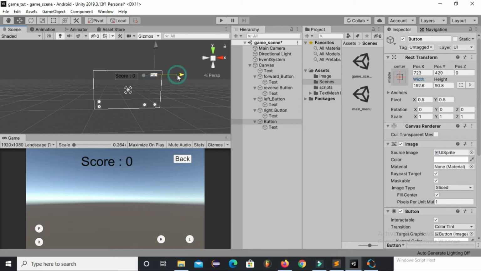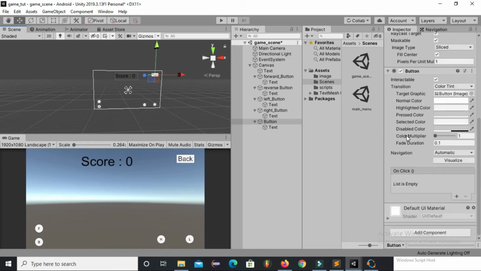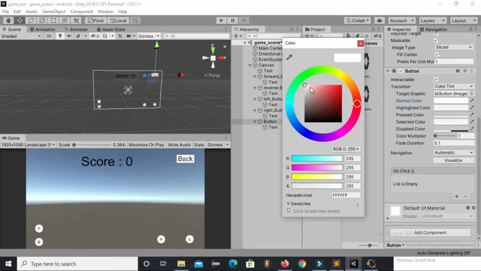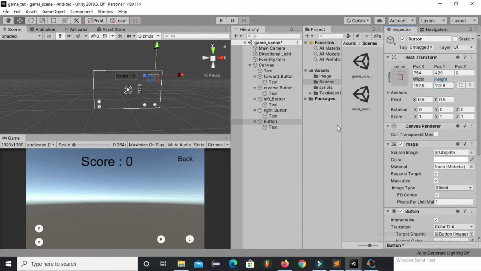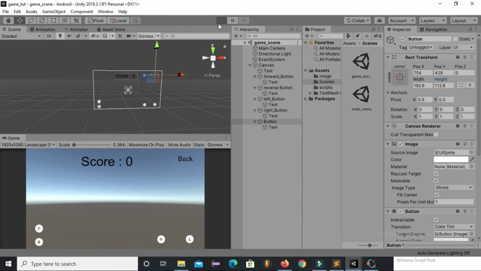Now I will place this button on the top right corner, and now I will change these color properties as we changed in the last tutorial. Now save this, and now if I play this, you can see the back button is there.